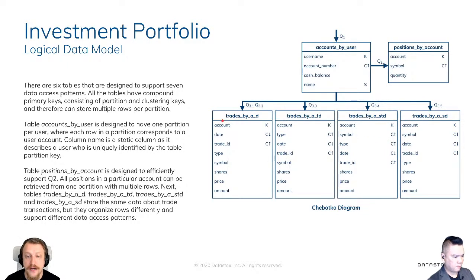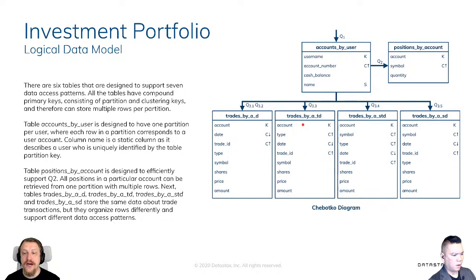And the first one is trades by account and date. In this case, we have account as a partition key. Well, account will be a partition key for all of them. That's the same. Then we have clustering columns we are going to use for data reading. Date will be a clustering column, of course, because that's how we read trades by date. And trade ID we need in this case just to ensure uniqueness.